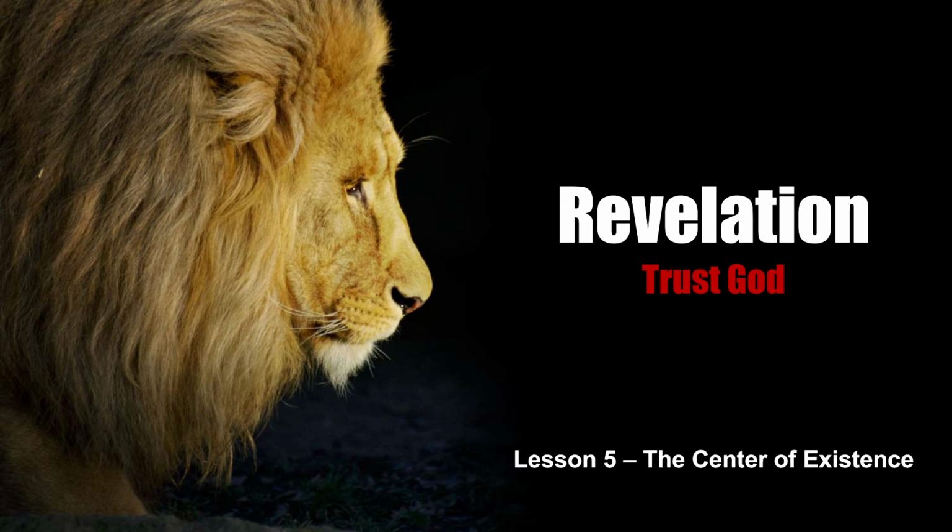We're continuing our study through the book of Revelation, and we are in lesson 5. This is actually class number 6, so we're running just a little bit behind. And just by way of a reminder, Revelation is a very figurative, a very symbolic book. We've seen that already as we've gone through the first 3 chapters, but it's going to become even more so as we go through the remainder of the book.